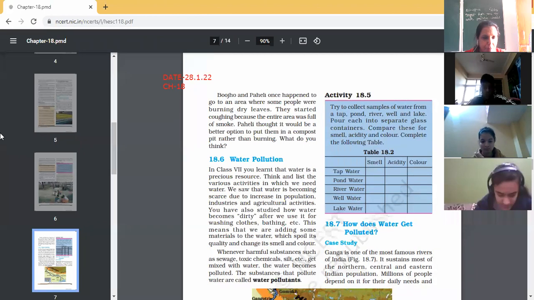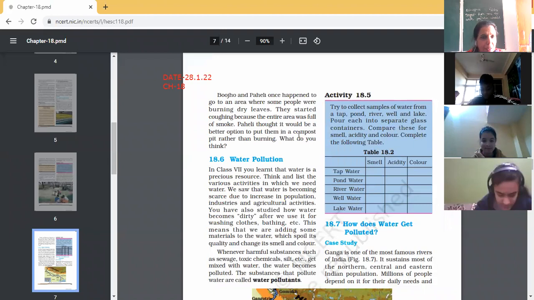Because if we burn leaves, it emits so much carbon dioxide. Yes, because many harmful gases are released with the smoke. And if we are burning this again and again, then what will happen? If the burning process is going on, then what will happen? Much smoke will be produced, and that is too suffocating. And that increases the air pollution.